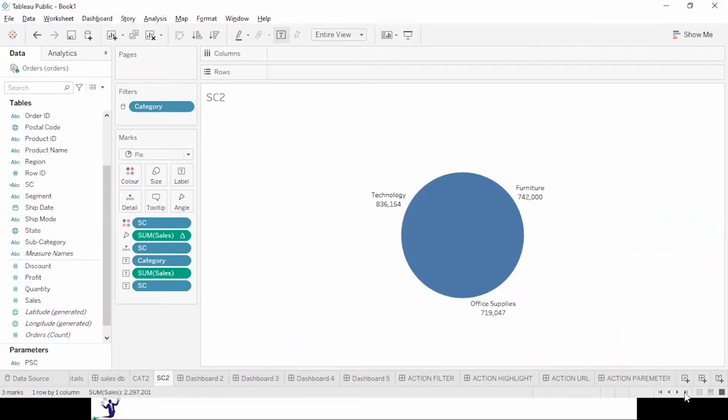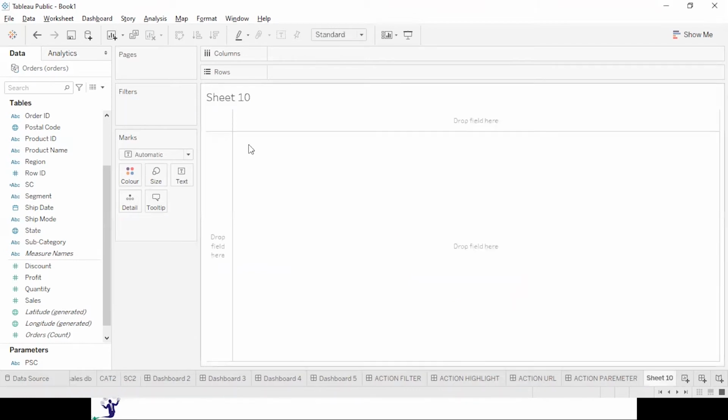Then the next action which we have over here is the set action. So let's create a visual for that, and I will be creating a new sheet where I would like to take the state sales.